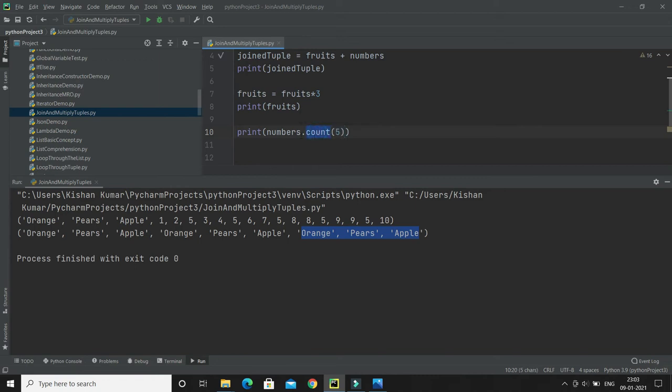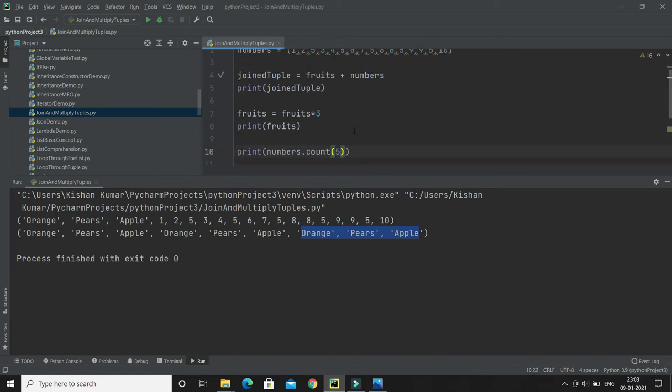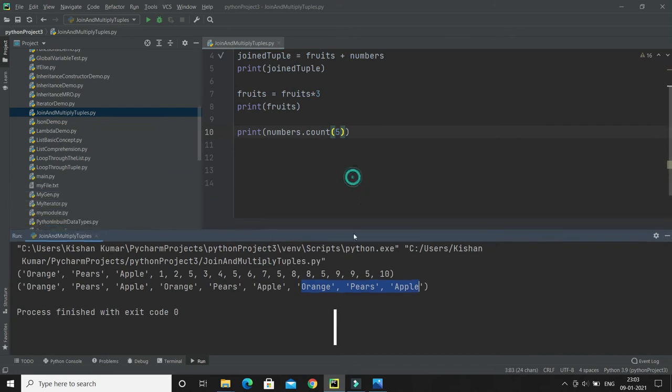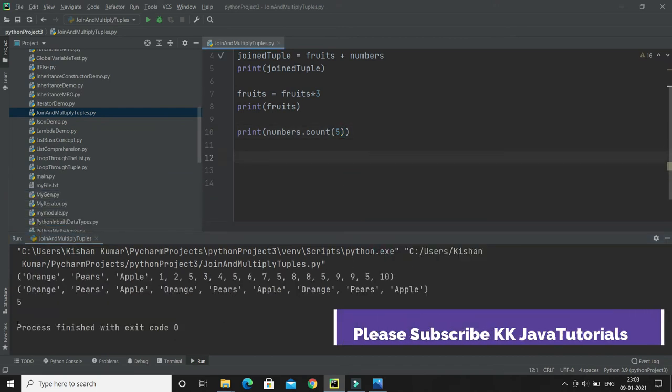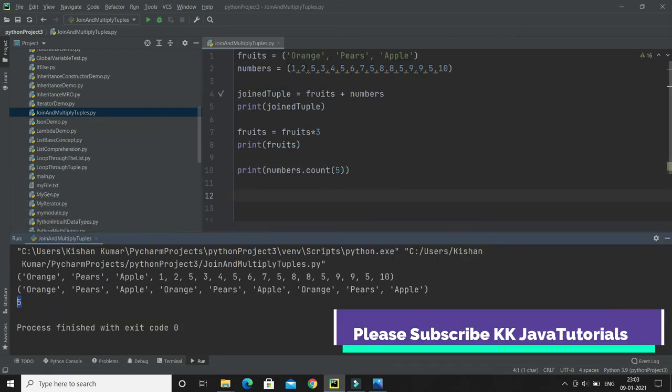Then I simply write numbers dot count and pass the object whose count I want. If I run, then here you can see the count is 5. That means 5 is available 5 times in this tuple.